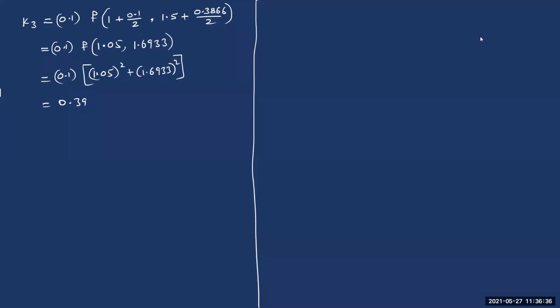I'm getting this as 0.39697 actually. So when it is 697, we can also take it as 70, right? So it's all up to you. I'm just taking it as 70 because I have actually 6976 here, so I can just round it off at the fourth digit. So then let us take K4. It is equal to 0.1 into f of x naught plus h this time. So it is 1 plus 0.1 comma y naught plus K3 directly. So what is K3? It is 0.397.